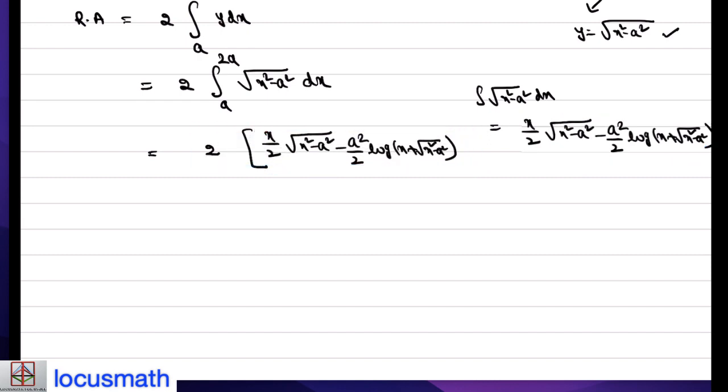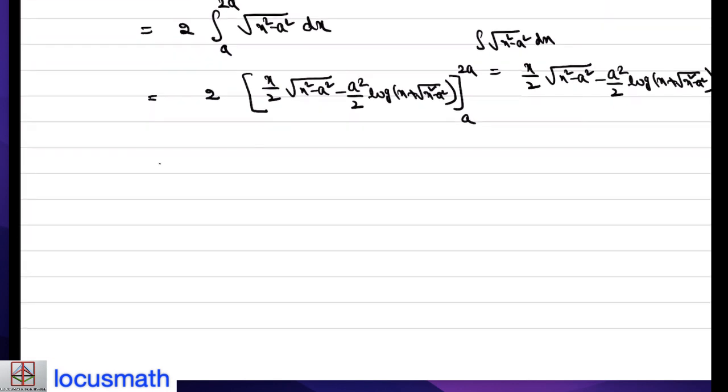Yes. So now the limits are from a to 2a. So this is equal to 2 times, otherwise you take out 2 common and cancel out here. Therefore this is equal to x into under root of x square minus a square plus a square into log of x plus under root of x square minus a square,